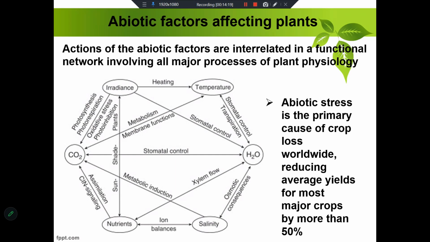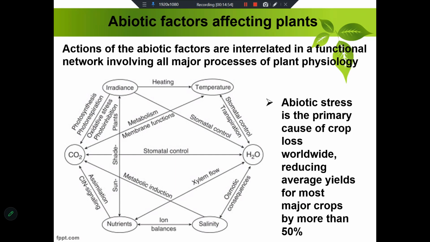And if there's any effect on the primary production of the plant, especially from the abiotic factors, like 50% of the yield lost of the major crops is due to some abiotic stress-related factors or alterations of these abiotic factors in the environment. Okay, so they account for like 50% of harvest loss in most of the major crops in the world collectively. So that is very important to study